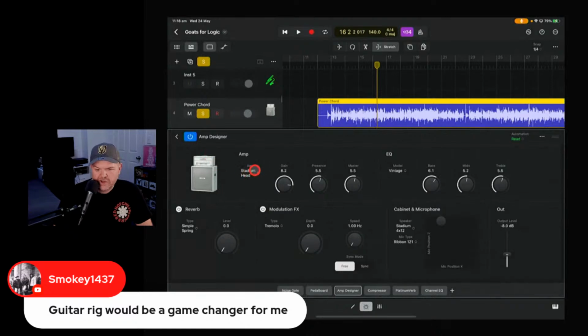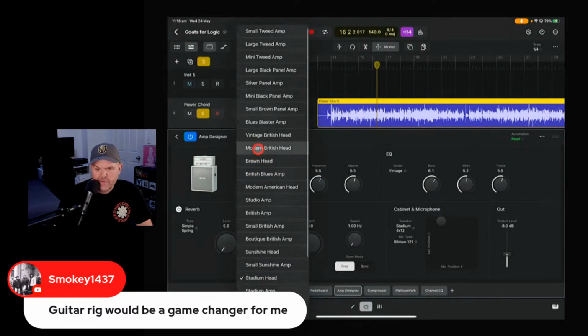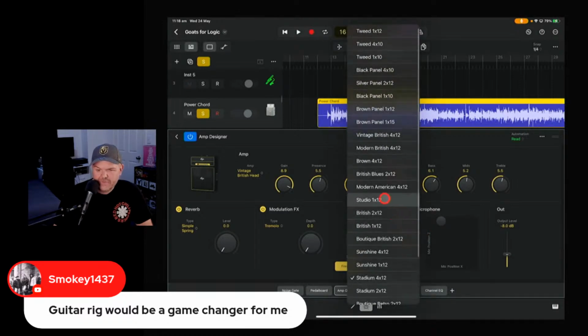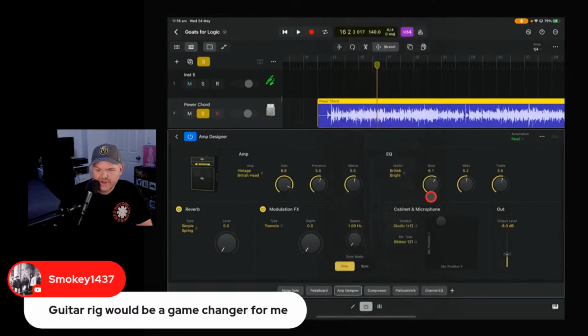You'll notice that this has a lot more functionality than things like GarageBand. You can jump in here, you can change up everything, you can change the amp that you want. So if you wanted to make this more of a Marshall style sound, you can change the reverb setting, the gain controls. You've got your model, so the vintage, or let's go with the British Bright model of that one. You can even change your cabinet. So if you wanted more of a studio cab, like just a single 12-inch cabinet, you can do that. The microphone, let's go with a dynamic, let's go with an AE20 mode. And you can even change your mic position. So you can get completely different sounds.